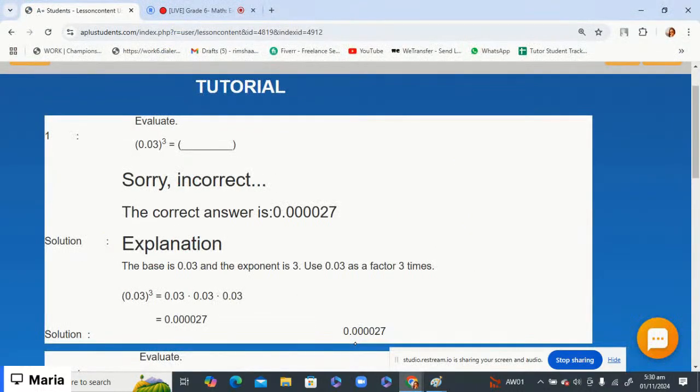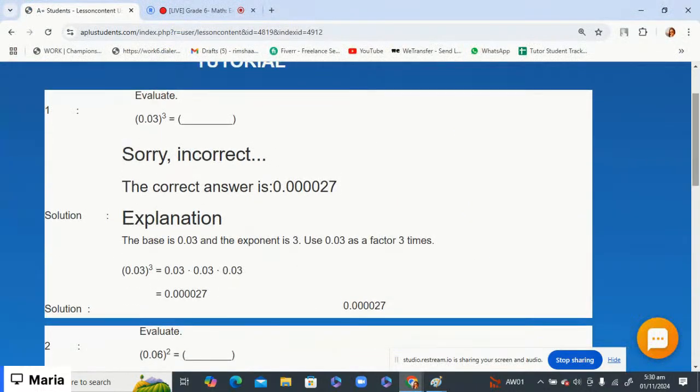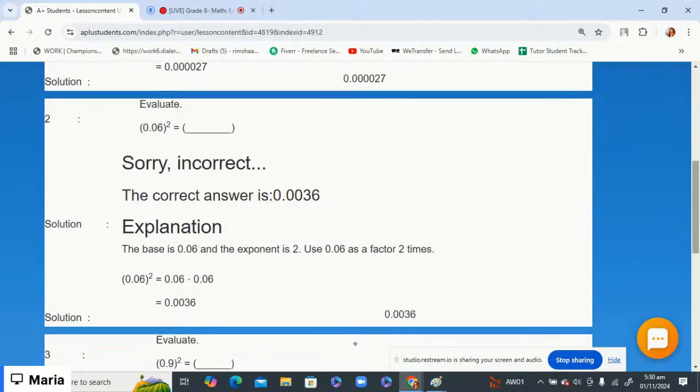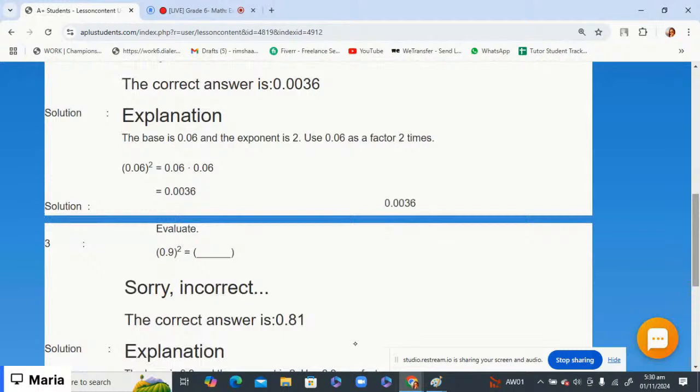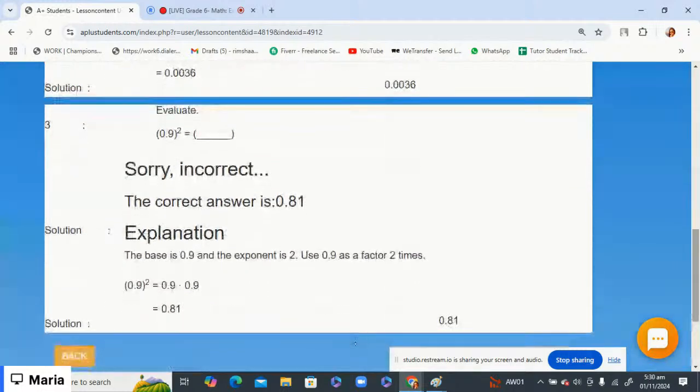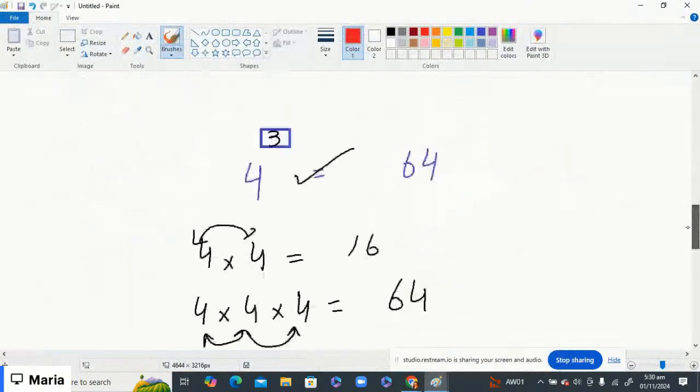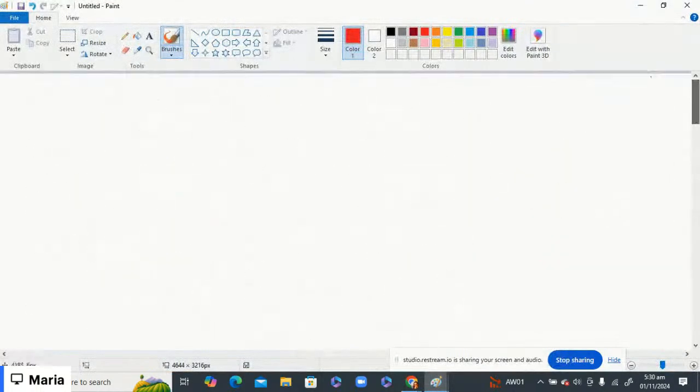bit complicated. Like how? Look, if there is some question which is given, first of all we can see that these are the points. So let's solve this one. First of all, 0.3 whole power 2. Let me just tell you guys,